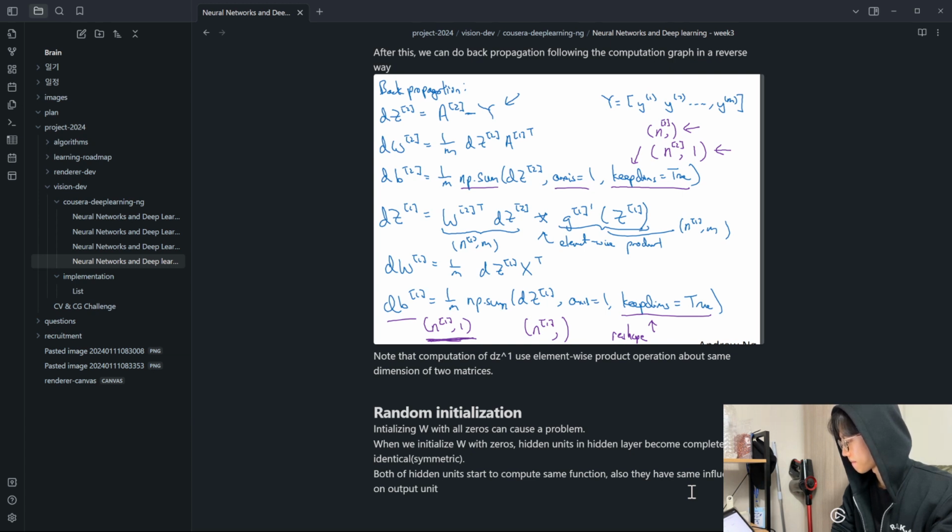The two hidden units are still symmetric, and therefore, by induction, after two iterations, three iterations, and so on, no matter how long you train the neural network, both hidden units